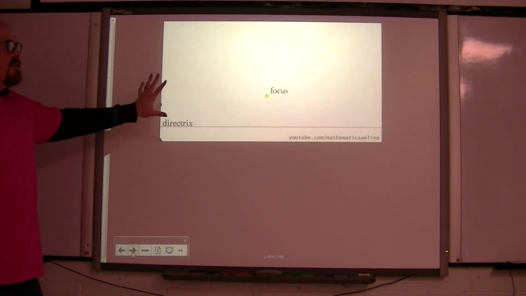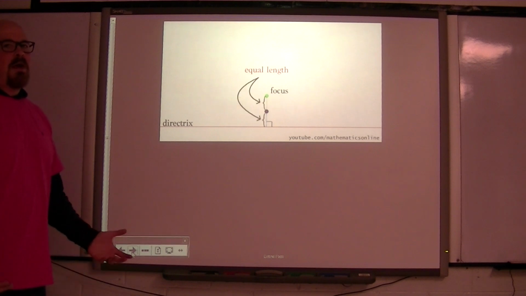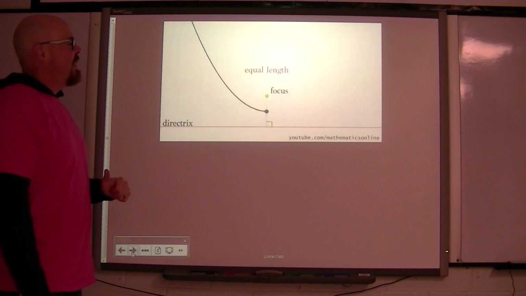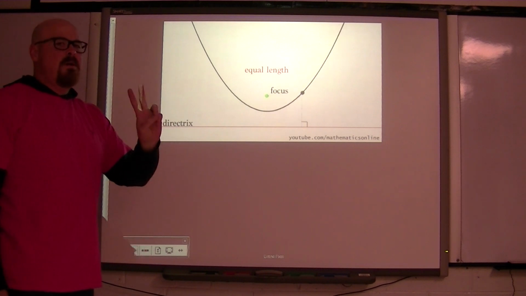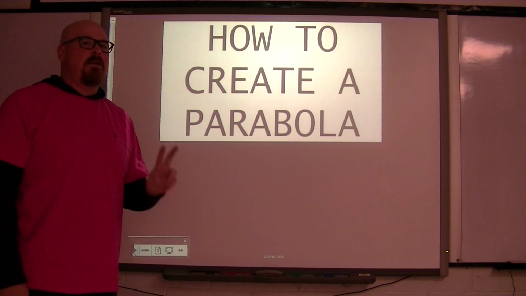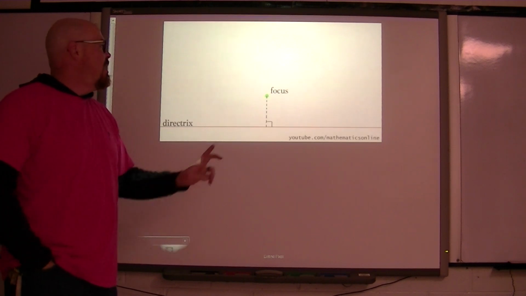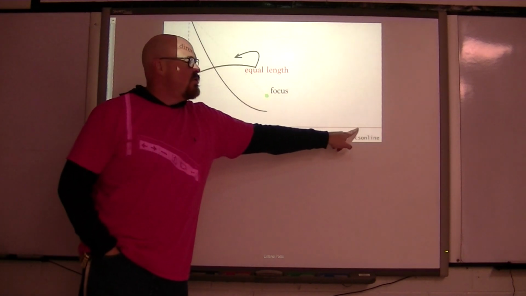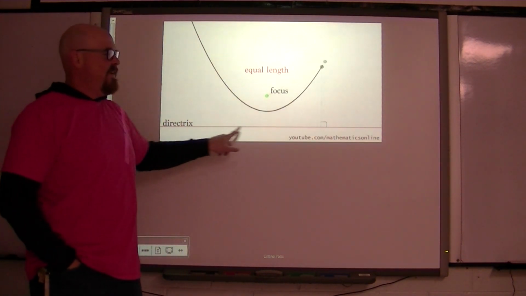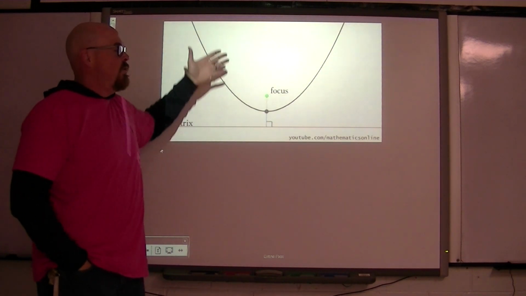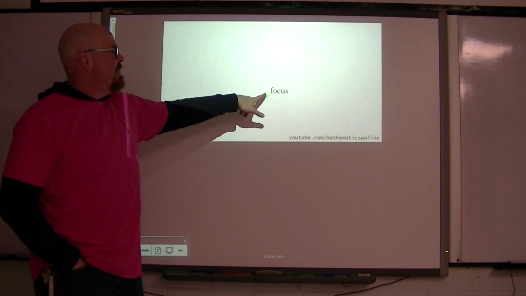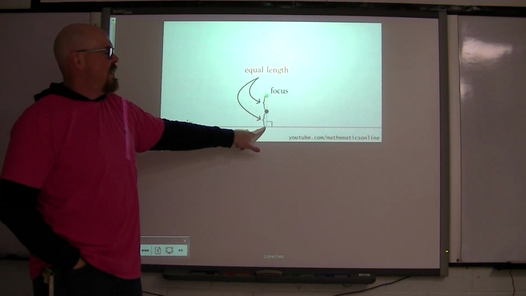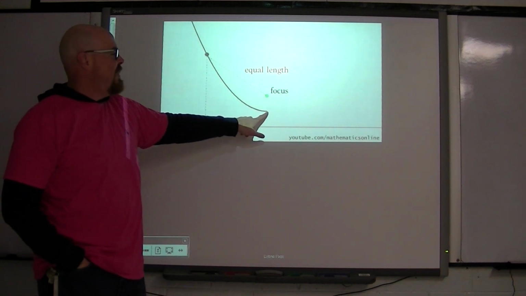So I'm going to start with this GIF about how a parabola can be formed. I'm going to do a little bit of talking as this animation is going because I can't stop it. But what it comes down to is the two main physical concepts that are important about a parabola are the focus and the directrix. So this red line down here on the bottom is a fixed line. It's either a horizontal or a vertical line. The focus is a point. Now you can see the distance from the focus to the directrix is important because halfway between there is the